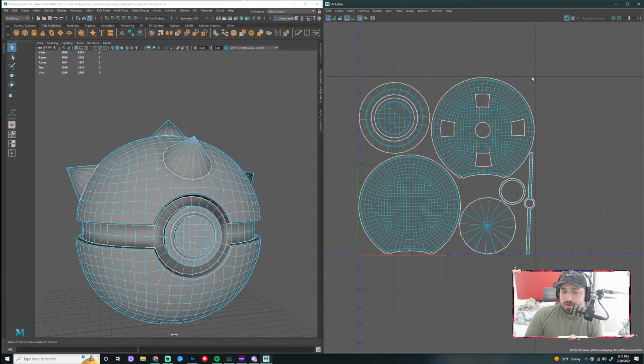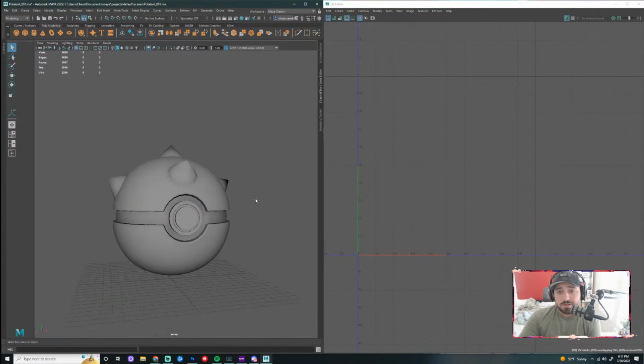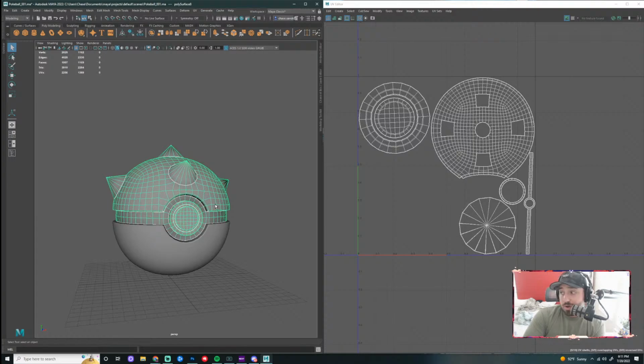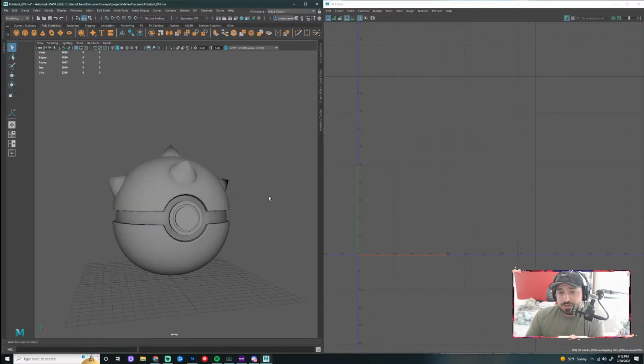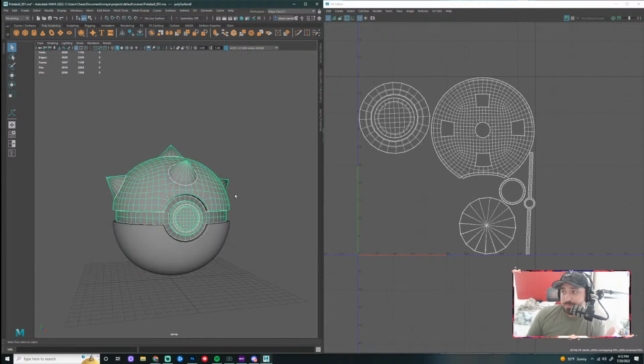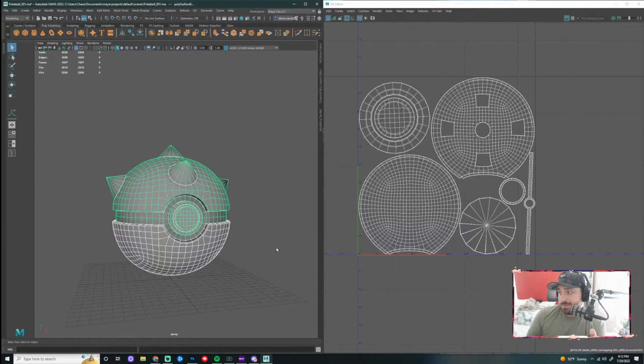I'm not sure, Sleepy. What you could do is try to reopen it and see, or make sure you're selected on the object. That's the other big one. If you're in here and you open up the UV editor and you don't have any objects selected, then they're not going to show up, right? So right now I don't have any UVs showing up, but I'm in object mode. If I click on an object, they pop up. That could very well be your problem, is you just didn't have anything selected. So try that real quick, because that would be awesome. But hopefully that's just the case, and you couldn't see them because you didn't have them selected.